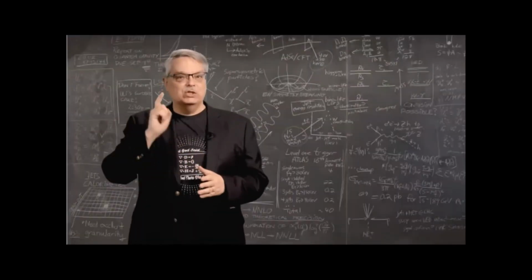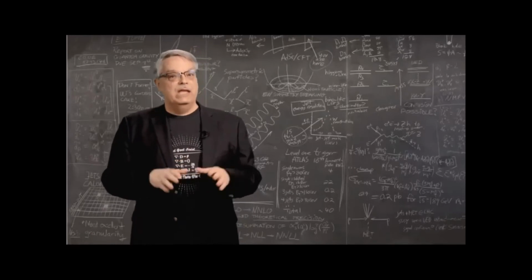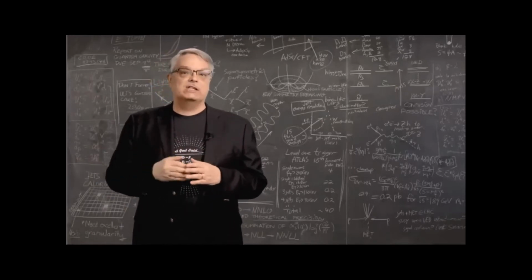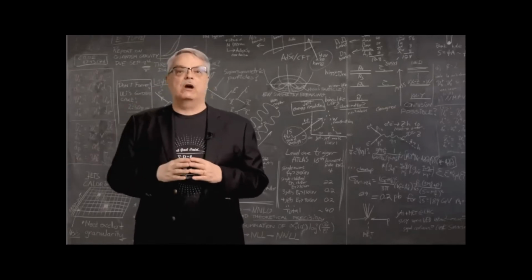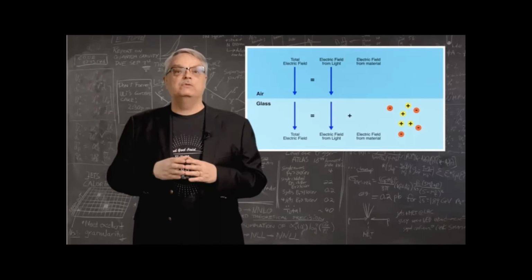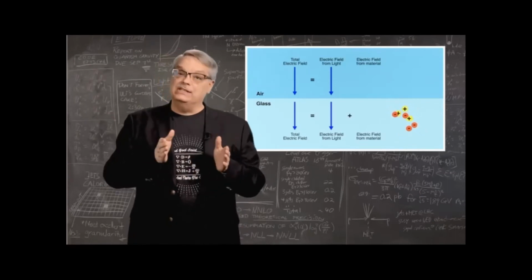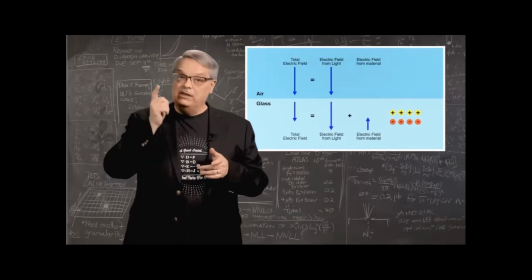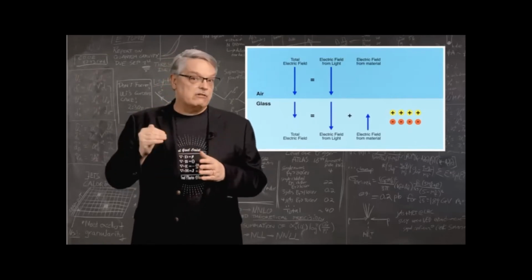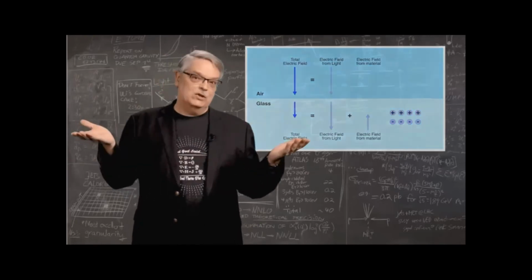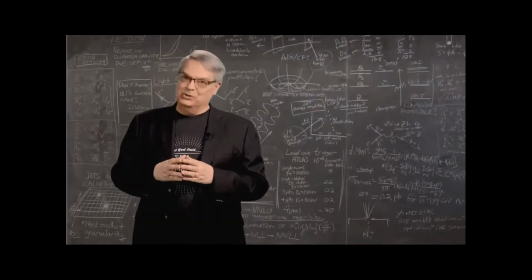And that, my friends, is why light bends when it goes from air to glass. It's not because of many of the ordinary explanations. It's because of how light interacts with glass and changes the glass's properties. And it's because the electric field inside the glass is affected by the arrangements of atoms and molecules in the glass when light hits it. It's the same reason why light slows down in matter. Inside matter, the electric field due to the light and the electric field due to the matter both have to be taken into account. And now, you know some serious physics.